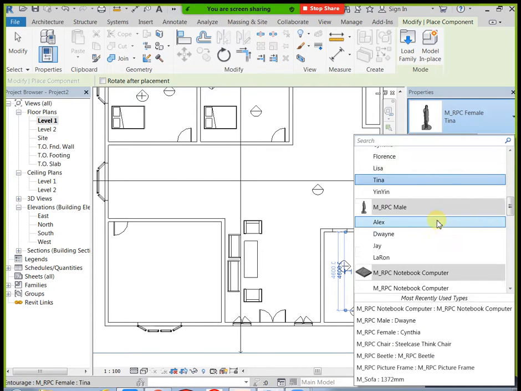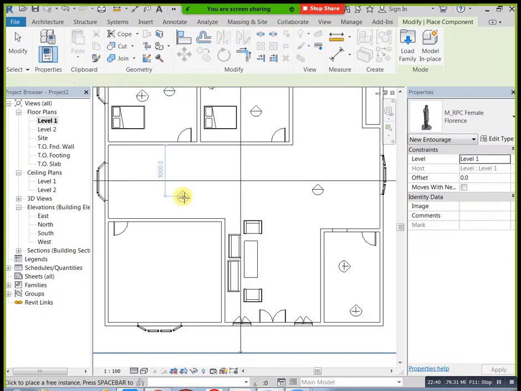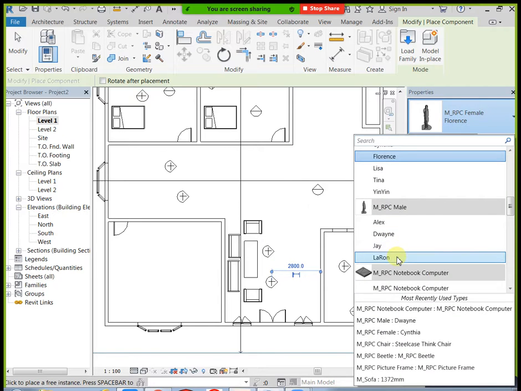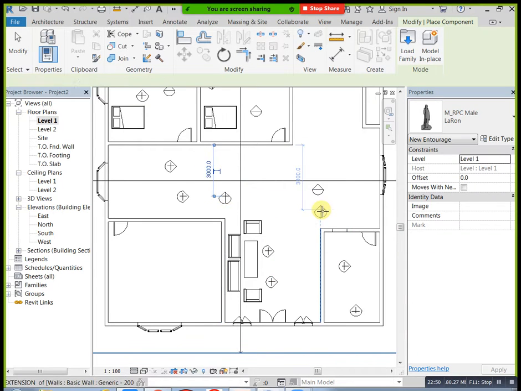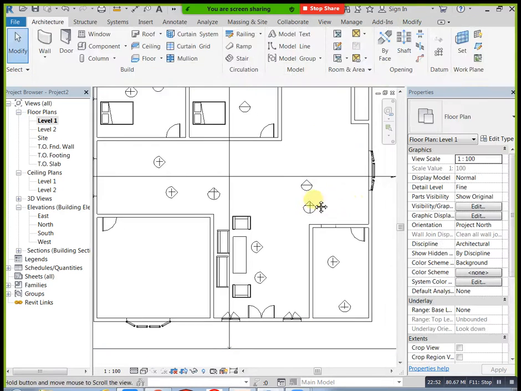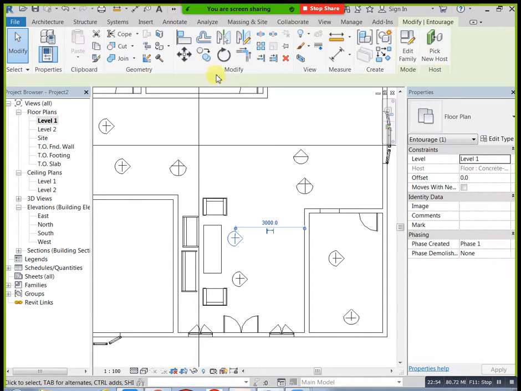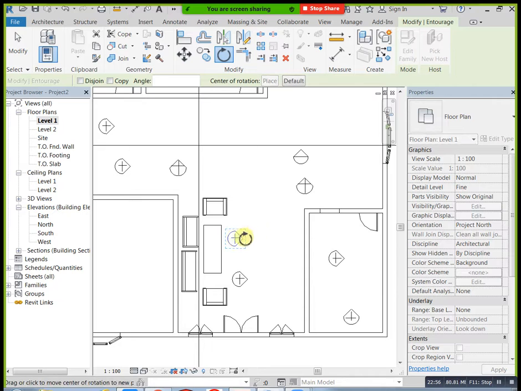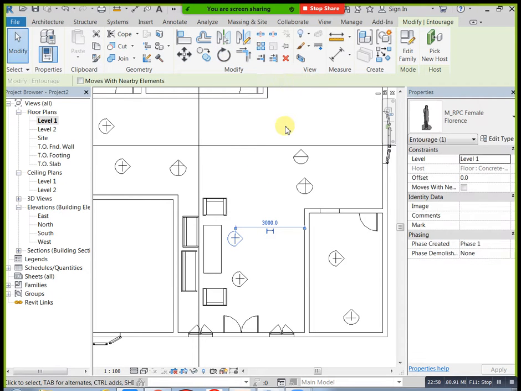Okay, if you need to rotate, just select it. Here we have the rotate option. You can give the rotation angle. Like this. Same. Like this. Okay, now go to 3D.